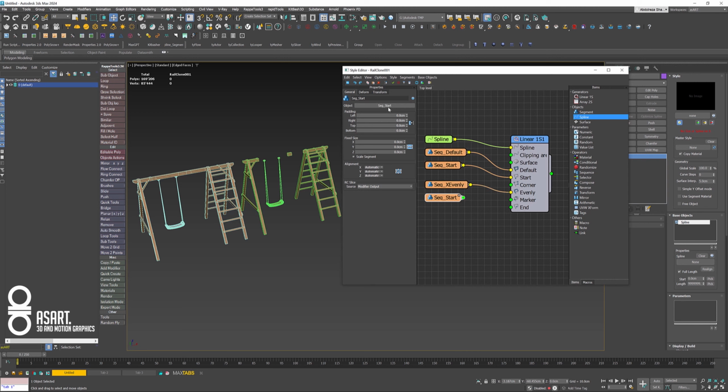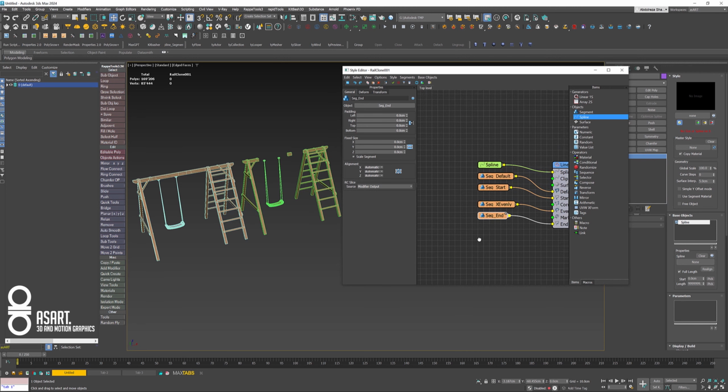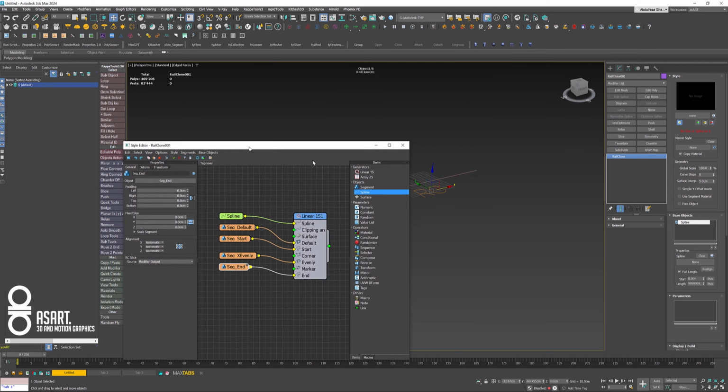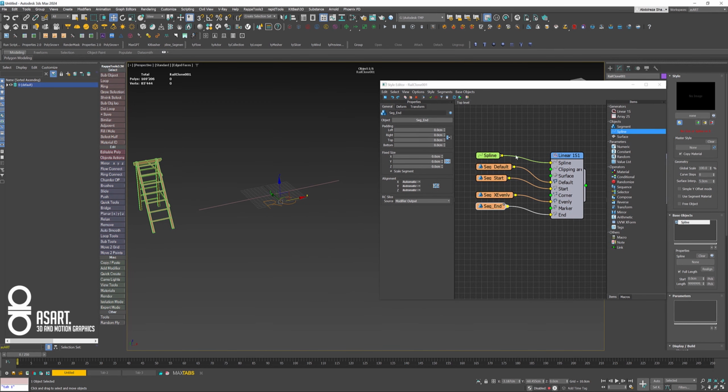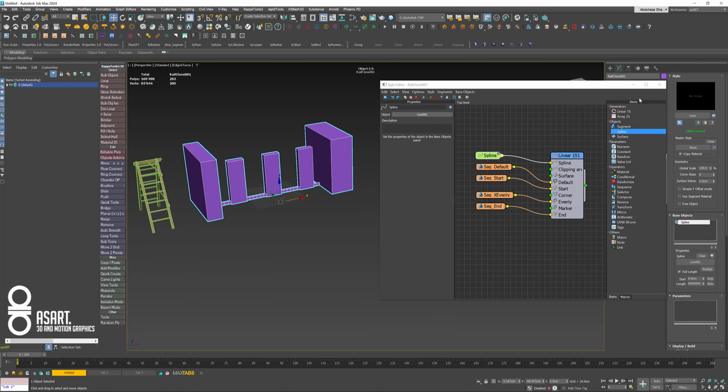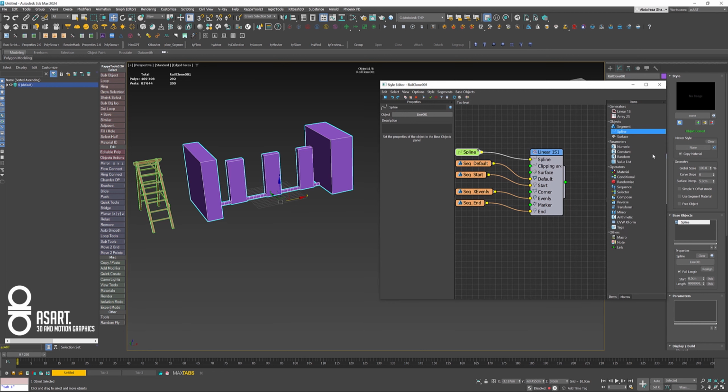And we need the end object, which is the ladder here. So this is our end. So now we have to go and define our spline. And this is the line we just drew before. So there we go. Now we see just some boxes because